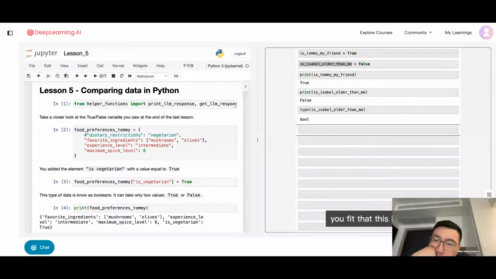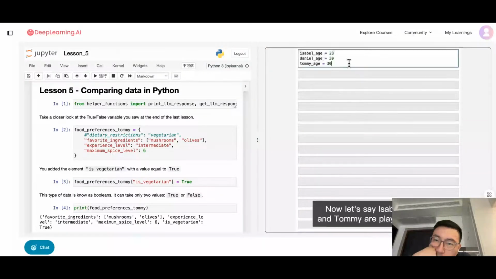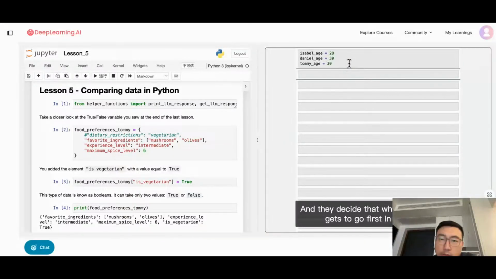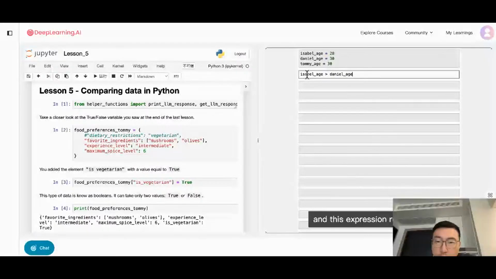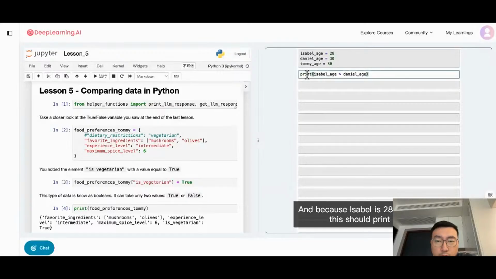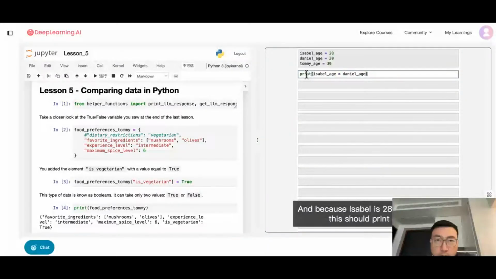Now, let's say Isabel, Daniel, and Tommy are playing a game, and they decide that the oldest gets to go first in the game. Here are some things you could do in Python. Isabel's age greater than Daniel's age, this expression returns a bool. So let me print Isabel age greater than Daniel age, and because Isabel is 28 and Daniel is 30, and yes, indeed, that is